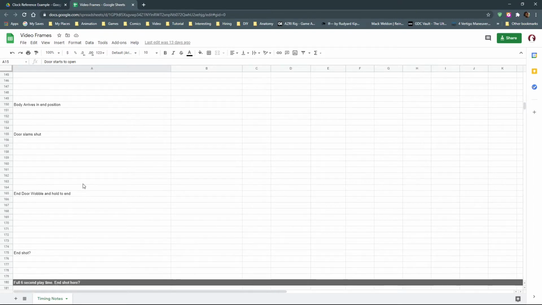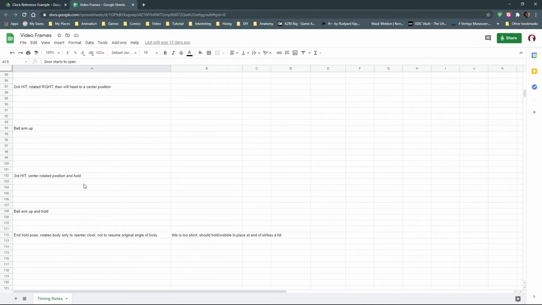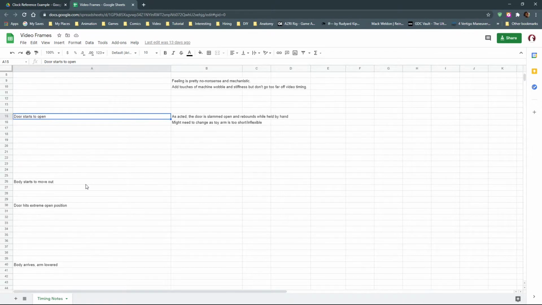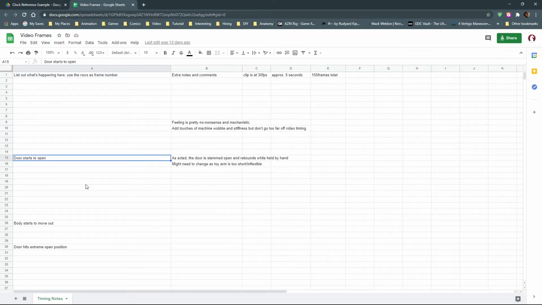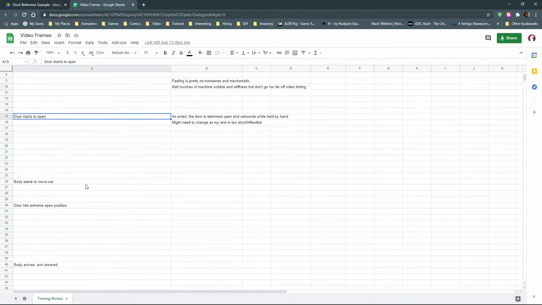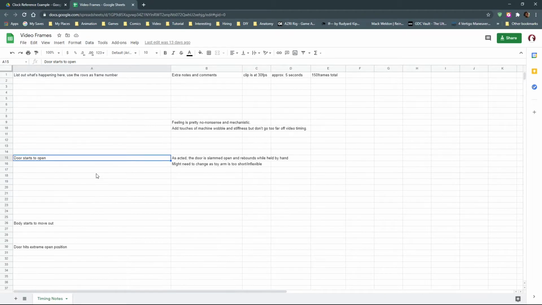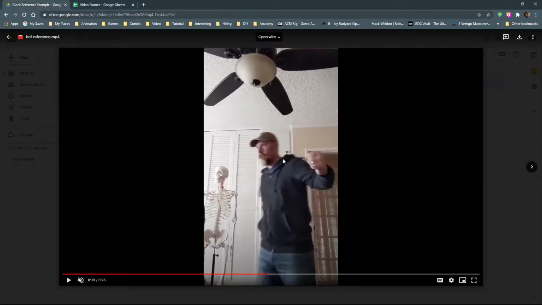I've already got notes in here about things that I might want to adjust a little bit at a time because I've got a lot of character animation experience, and I know that certain things are going to need to hold for longer, certain things are going to need to anticipate for a little bit longer, or maybe the anticipation's not there at all, and that'll give my animation a little bit better interest. Okay, so that's just a little bit of a primer on how to get your animation reference